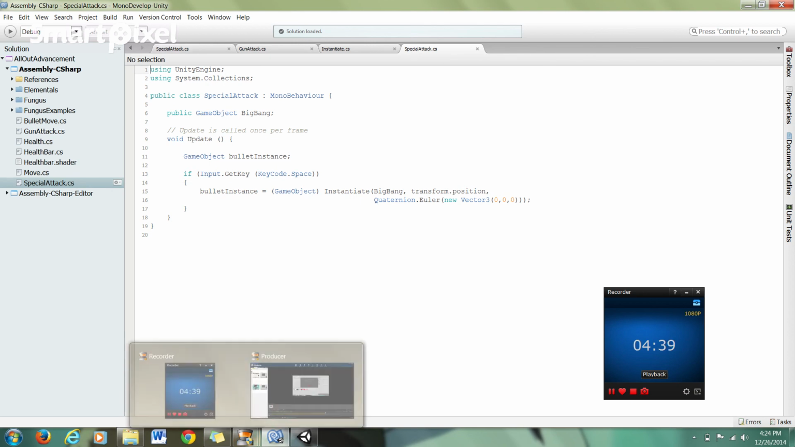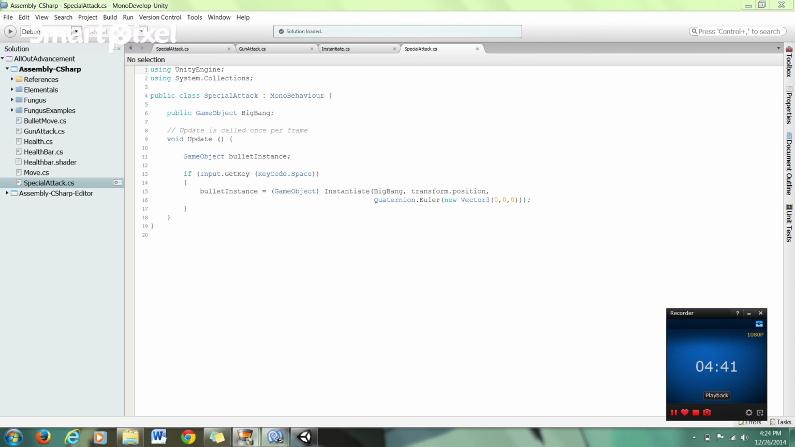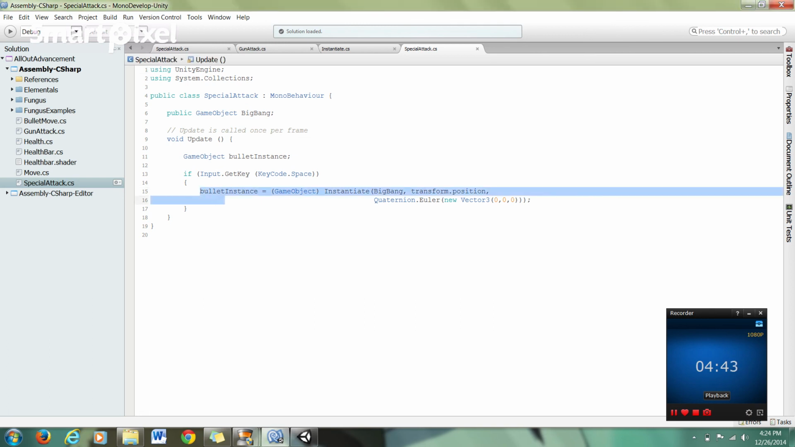We're actually running out of time, but I just want to get this point across, that you would set a variable. You would say if Input.GetKey, KeyCode whatever button you want the player to press, you'd set a variable equals GameObject.Instantiate, the name of the prefab, transform.position, and Quaternion.Euler new Vector3(0, 0, 0). That's just the rotation, so that just